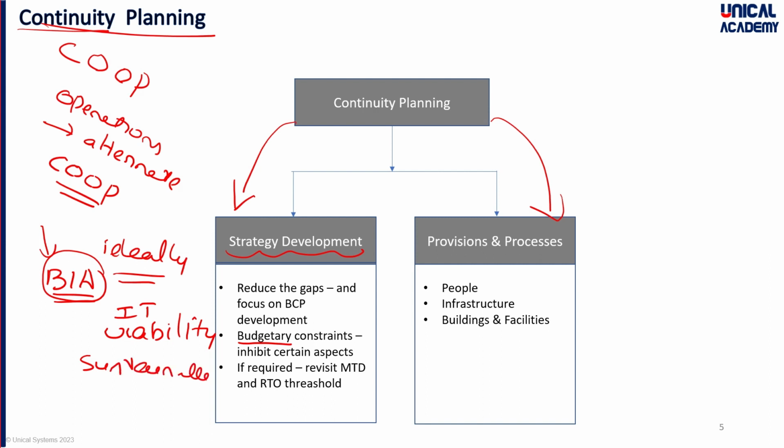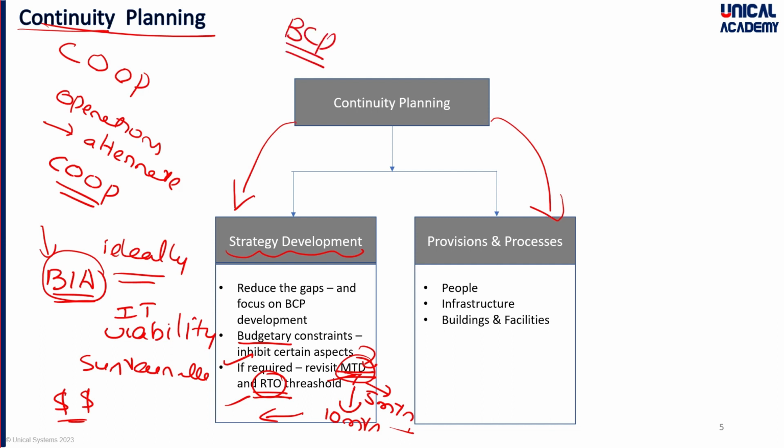So based on that, if required, again revisit the BIA aspect, revisit MTD, revisit RTO. Earlier, MTD might have been decided as 5 minutes. Can it be extended to 10 minutes by convincing the customers or stakeholders so that it may be saving a certain dollar amount? Then corresponding to that conclusion, RTO and WRT get revisited so that overall cost of BCP may come down or the viability becomes a possibility. That's the focus of strategy development.